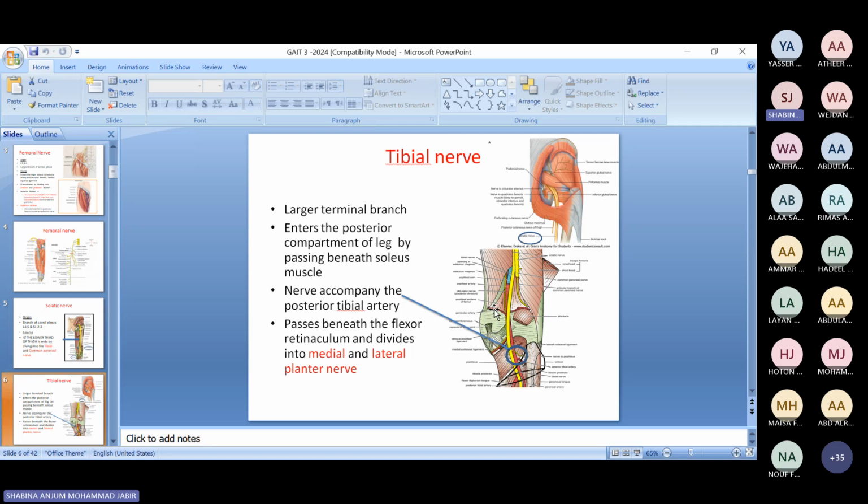Now, what happened to your tibial nerve? Just remember the sciatic is present posteriorly. We are posterior now. The femoral is at the anterior side of the thigh. The sciatic is at the gluteal region and the posterior aspect of the thigh. So what is tibial now? It is the